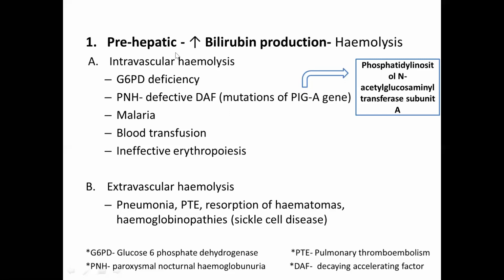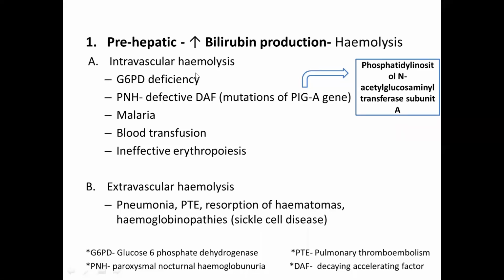So bilirubin production will be increased if there is hemolysis, because in previous slides we have seen bilirubin comes from the breakdown of the heme part. Heme is a portion of hemoglobin, and hemoglobin is usually present in RBCs, right? So if there is hemolysis, that means there is a breakdown of red blood cells. What will happen? More hemoglobin will be released, and when this hemoglobin gets phagocytosed in reticuloendothelial cells, bilirubin will be produced, right? So that's why hemolysis is the main reason here for the increased bilirubin production.